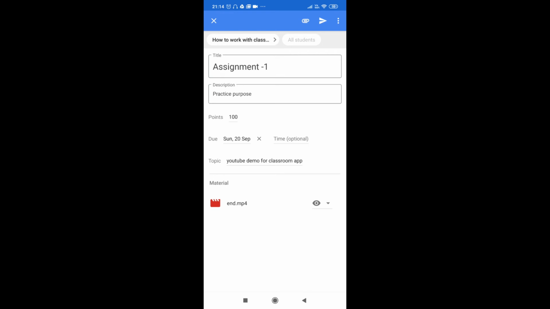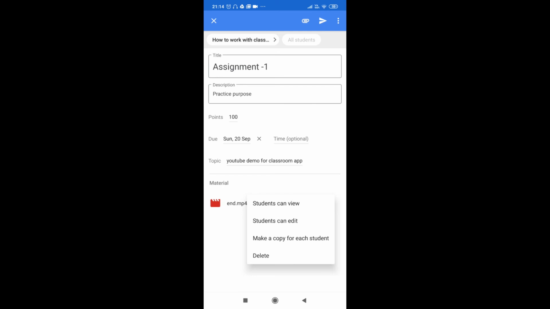So guys, in both the options there is a difference. When you go with student can view, only one question is there and multiple submissions will be there. When you go for make a copy for each student, it simply means every student will get a paper and will submit the answer sheet. Like in this way it will be working.